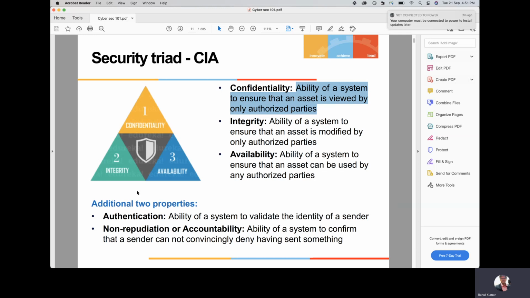The non-repudiation or accountability principle is like, when someone has sent some data to a receiver, they cannot deny having sent it. We'll talk about its application in the next classes, but understand it as: you cannot deny having sent a message to someone if you have sent it. This is mostly to do with digital signatures and evidence preservation. All that is very useful in digital forensics.